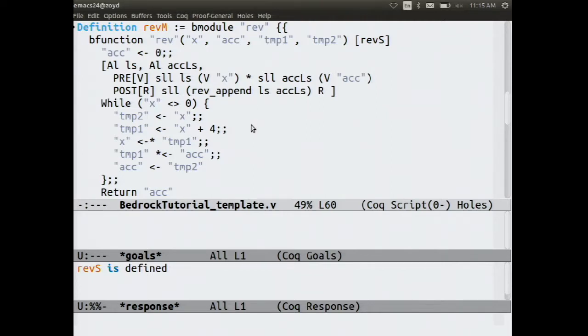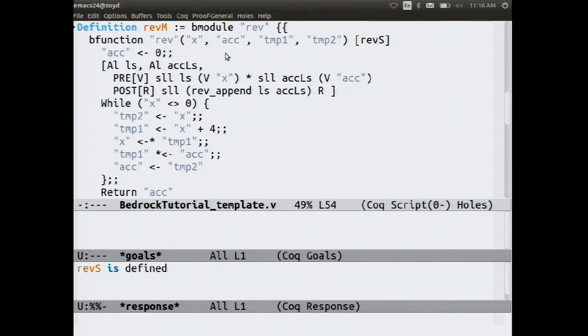All right. So I included a loop invariant here between these brackets that's going to help us do the proof. And loop invariants in Bedrock are a little unusual because they have both preconditions and postconditions. That is not too important for this case. This is a relatively straightforward function, but the loop invariant is written that way anyway.